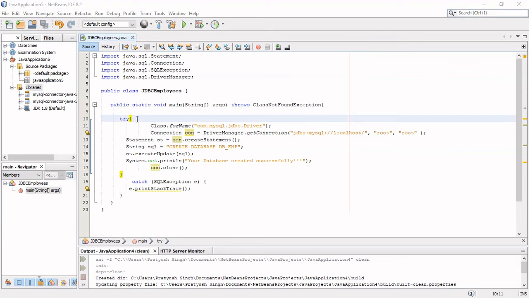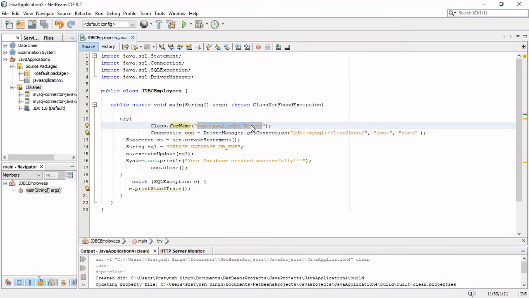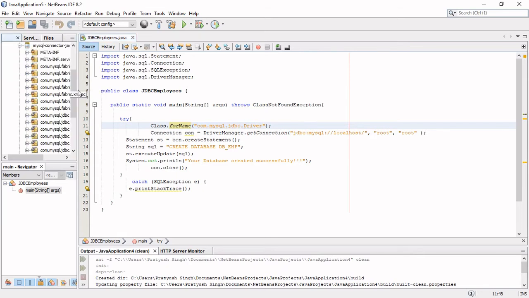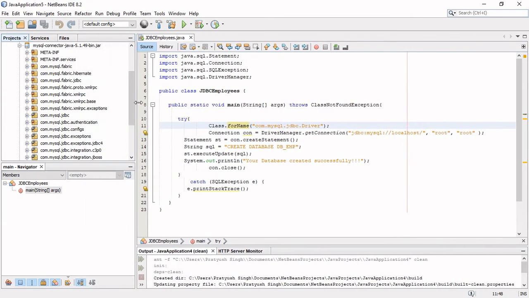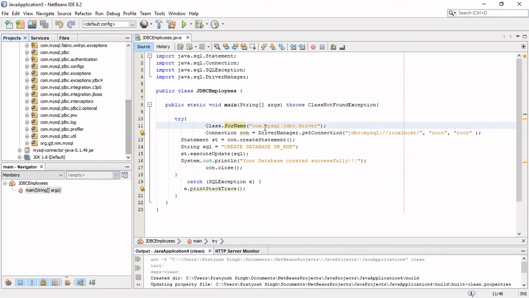Inside the try block we have used Class.forName to pass this address of the driver class. So what is the driver class? The driver class is basically used as an interface between our backend database and front-end Java code. So let's go to this address and see whether this address is right or not. So let's go to this jar file and let's find com.mysql.